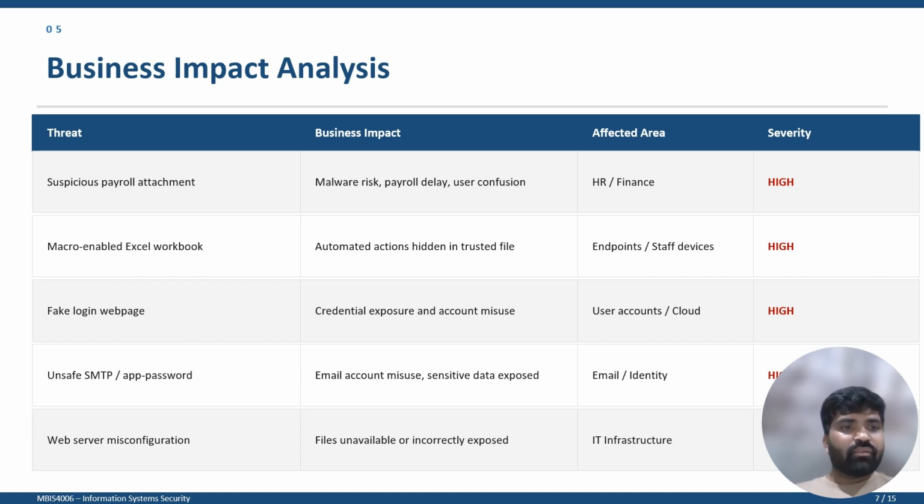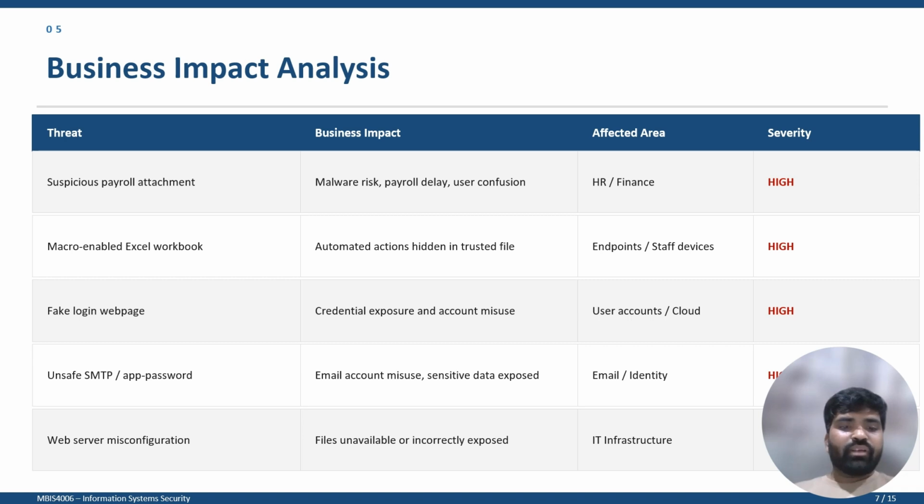The second one is macro-enabled Excel workbook. Hidden automated actions inside a trusted file can execute malicious commands on employee accounts. So, this directly impacts staff endpoints and organizational systems. The third risk is fake login web page, also known as pharming or phishing website. This can expose employee credentials and allow attackers to misuse cloud or company accounts, making it another high severity